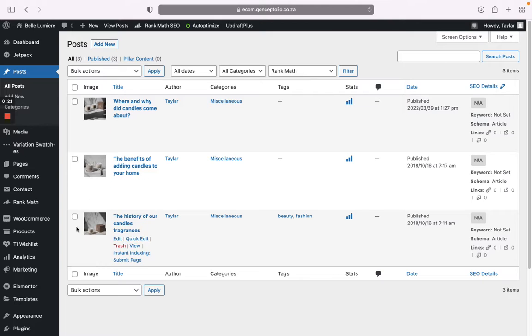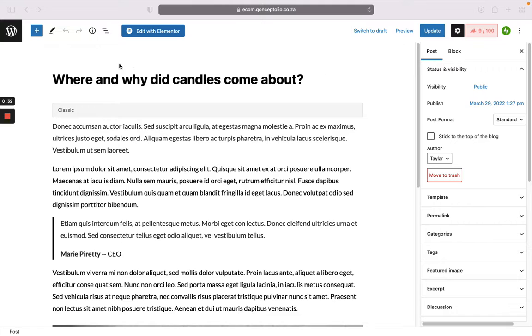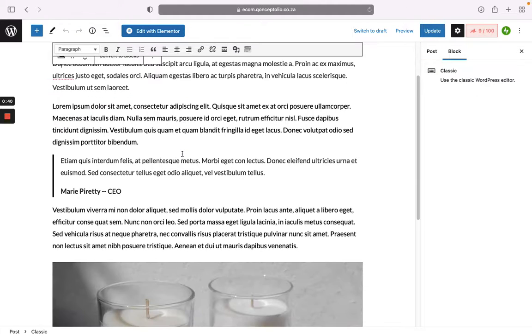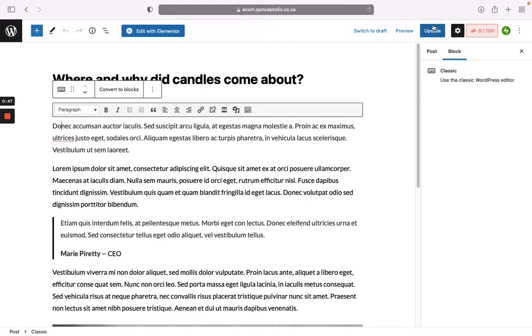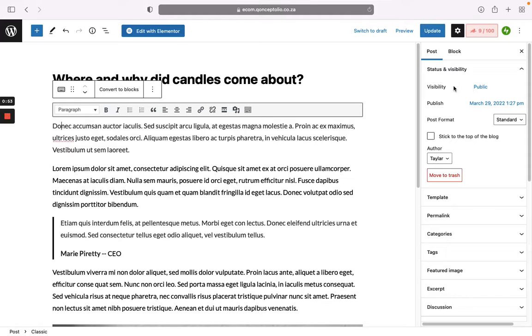Once you get here, you will see that you have all your blog posts. And in order to edit one, you would simply click on it and go into the blog post. This will then open up, and here is where you can change your title and the information on this blog post. I will show you how to create a new blog post from scratch, but this is just to edit one. So once you've made the changes, you need to be sure to click Update. Once you go here to Post, you can then see that the visibility is public, it was published on this date,